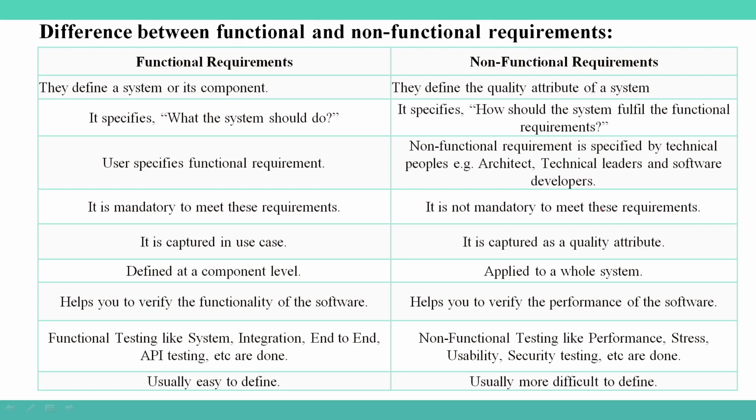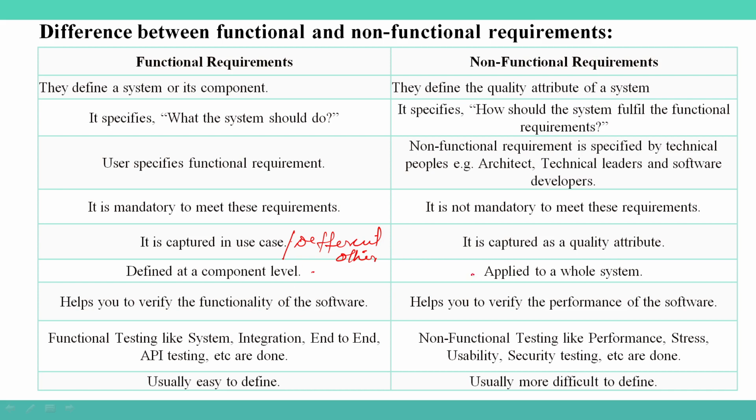Functional requirements define a system or its components. Non-functional requirements define quality attributes; they specify what the system should do and how the system should fulfill the functional requirements. Users specify functional requirements. Non-functional requirements are specified by the technical people. It is mandatory to meet functional requirements. It is not mandatory to meet non-functional requirements. Functional requirements are captured in use cases, but not only in use cases; different forms are there. Non-functional requirements are captured by quality attributes, defined at component level,